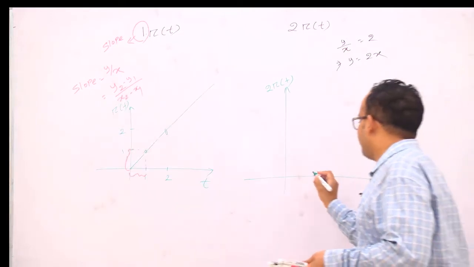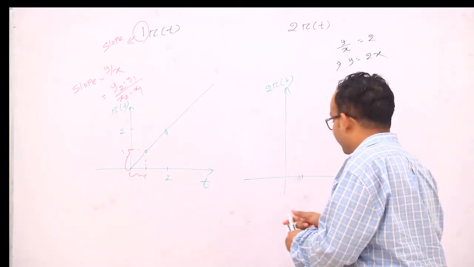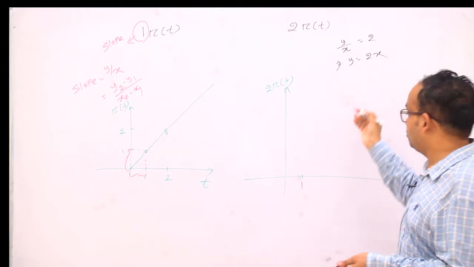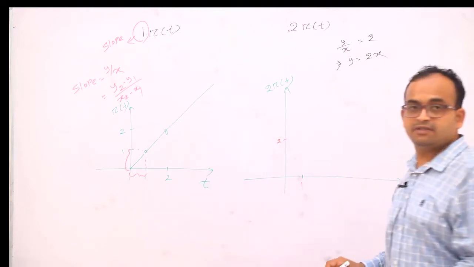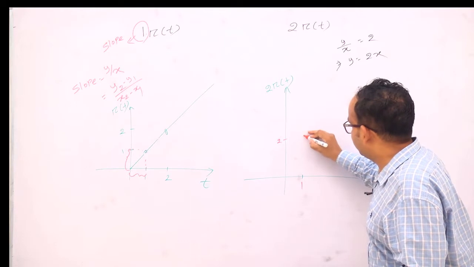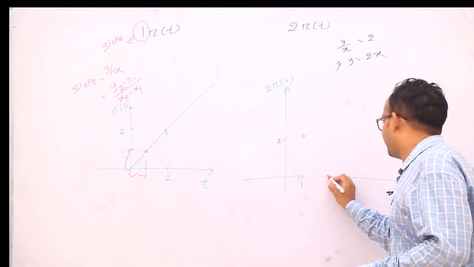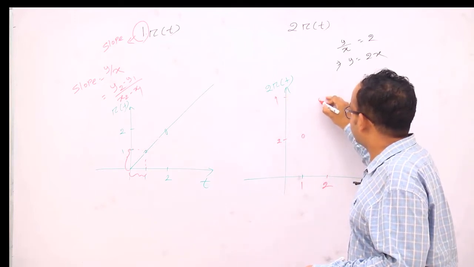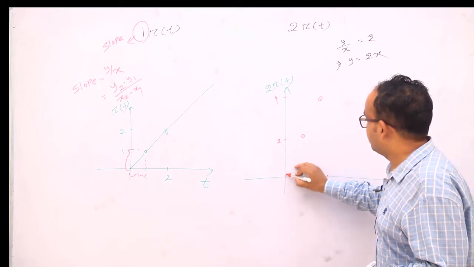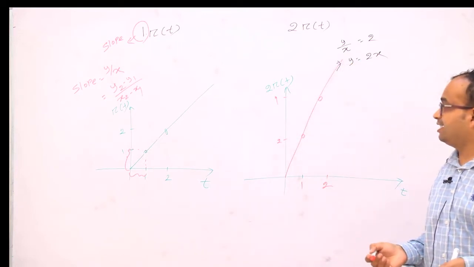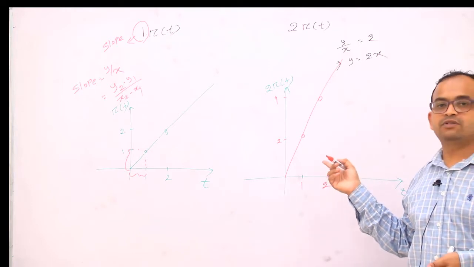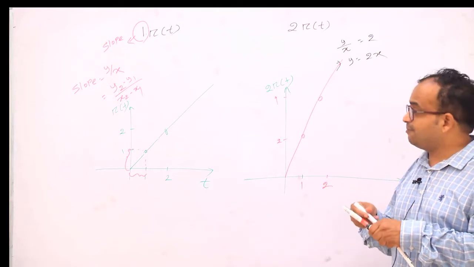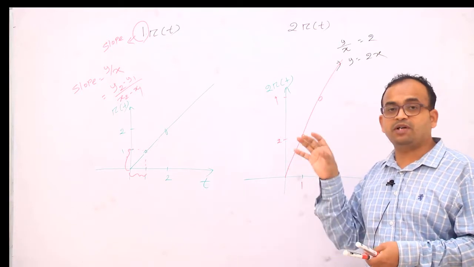So now if I take x as 1, what must be the value of y? x equal to 1 means y equal to 2. I have to take the value of y equal to 2, right? So I can join this point. Similarly, when t equal to 2 or x equal to 2, y must be 4. I can join a point like this. So now if I join this point, then we can tell that the slope will be 2, right? Because y by x, 2 by 1, the slope is coming 2. So remember these things. This is the basic way to draw a ramp signal.